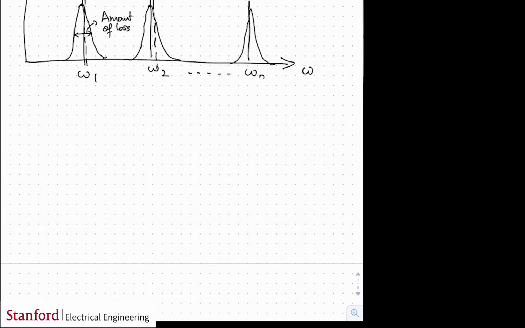In the lossless system, we have an infinite amount of omega. In the lossy system, then are we going to solve the eigenvalue equation on the infinite amount of the matrix? In practice, what happens is that